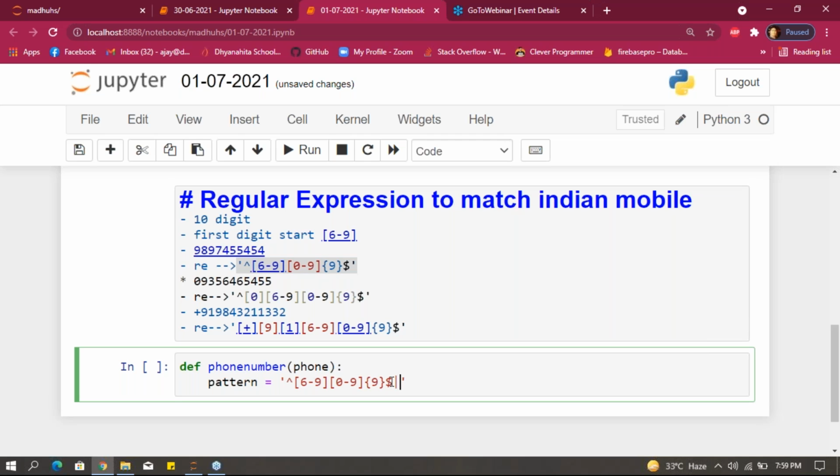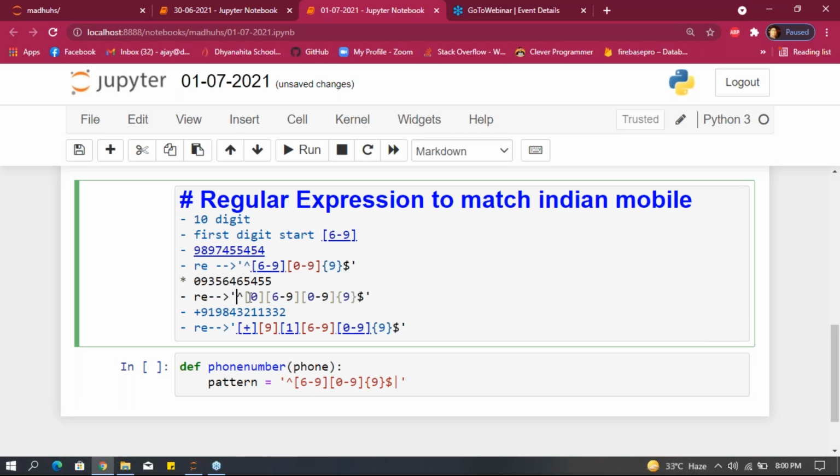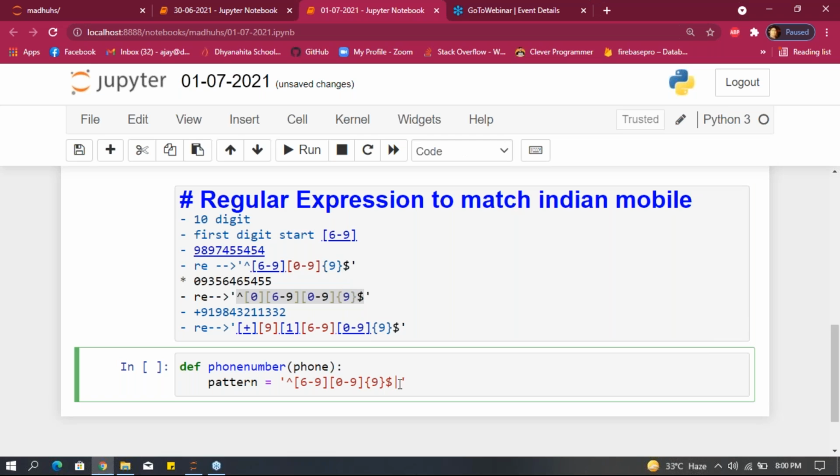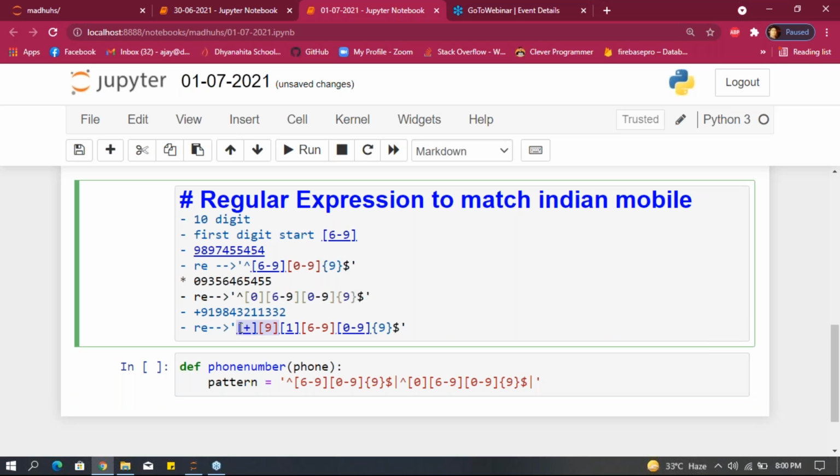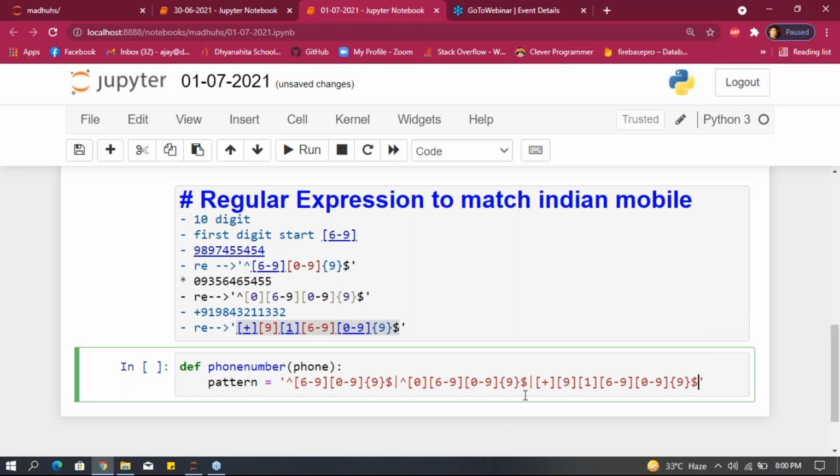With this line we have to separate them. After that, take this pattern and paste it here, and again give this line here, and now take this pattern and paste it here.